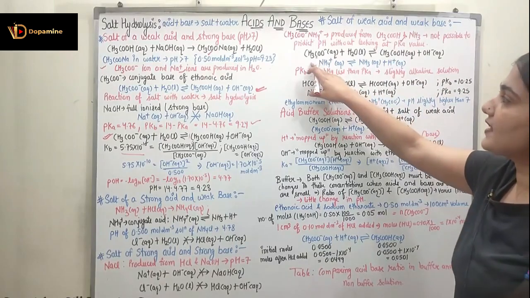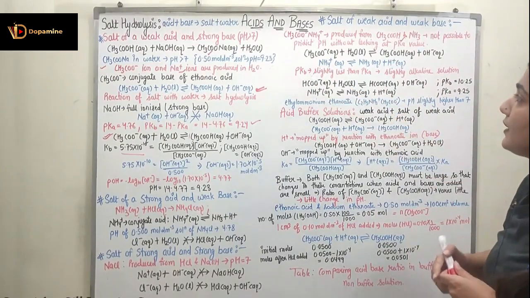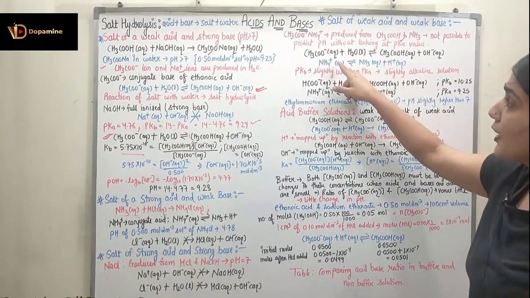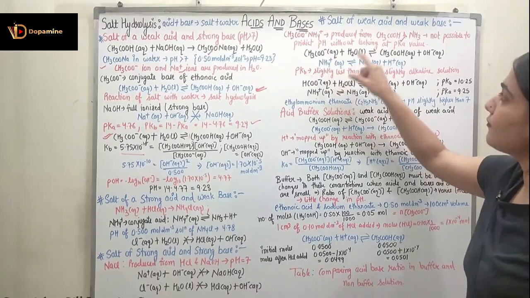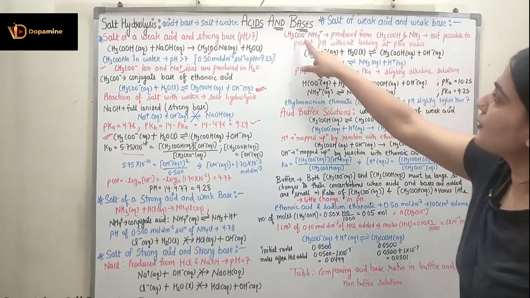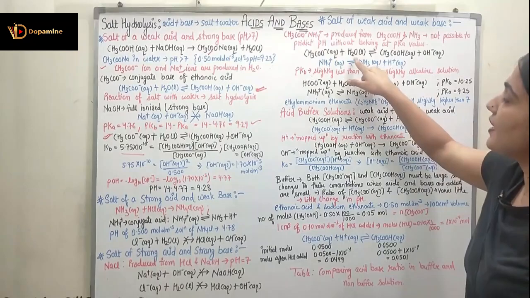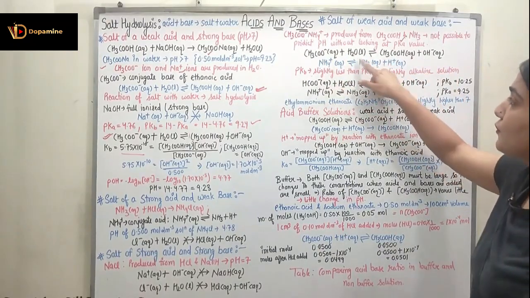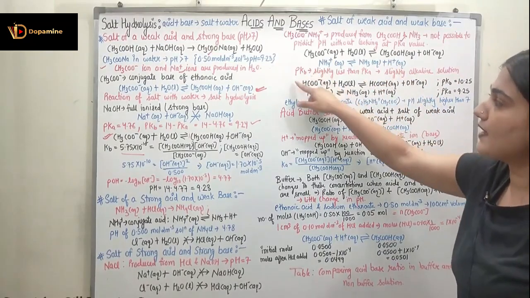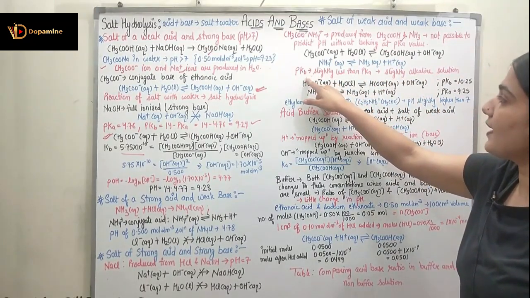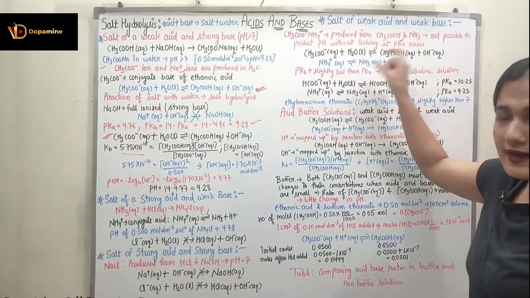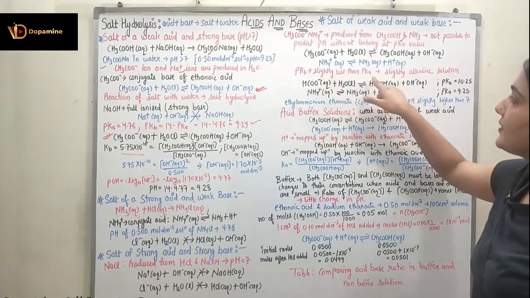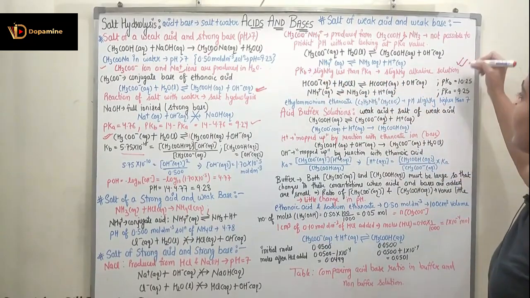So if I take CH3COO negative plus H2O in liquid, I will have CH3COOH plus OH negative in equilibrium. Now if I observe NH4 positive, I have two ions, CH3COO negative and NH4 positive. CH3COO negative is going to react with H2O to form CH3COOH and OH negative. NH4 positive is going to form NH3 and H positive. So now here we have to observe the pKb. pKb here is slightly less than pKa. So when I observed pKb for this and pKa for this reaction, we saw pKb is lesser than pKa, which means we have a slightly alkaline solution.